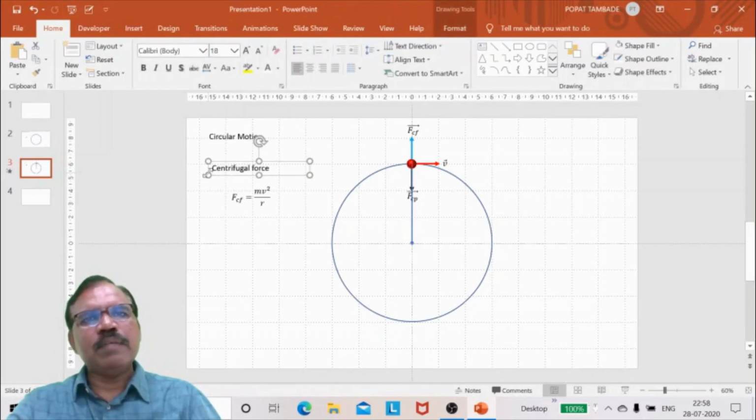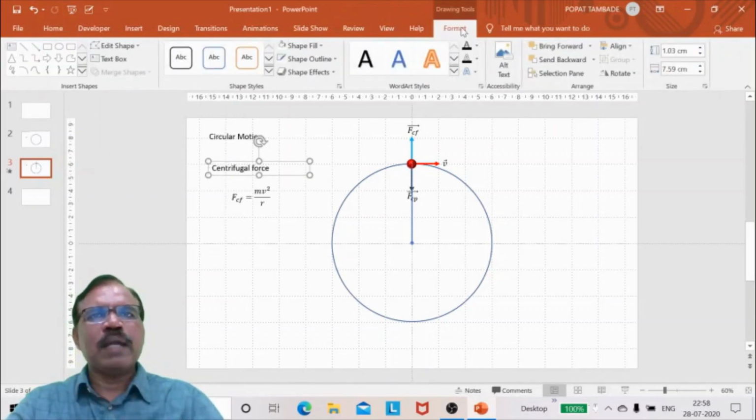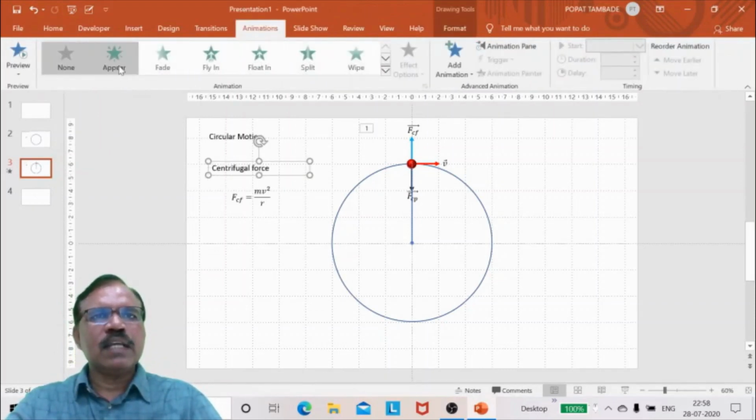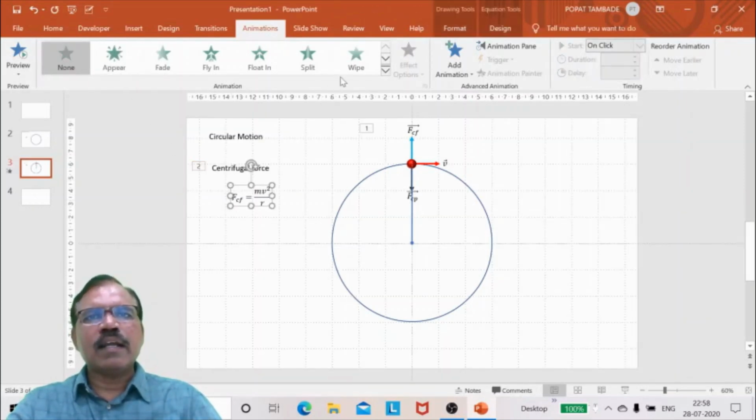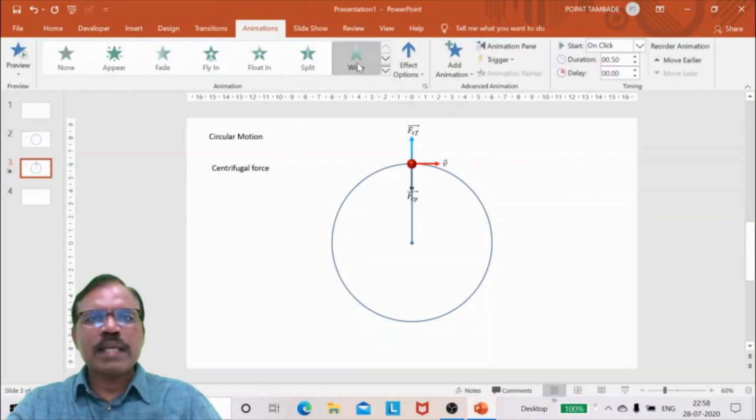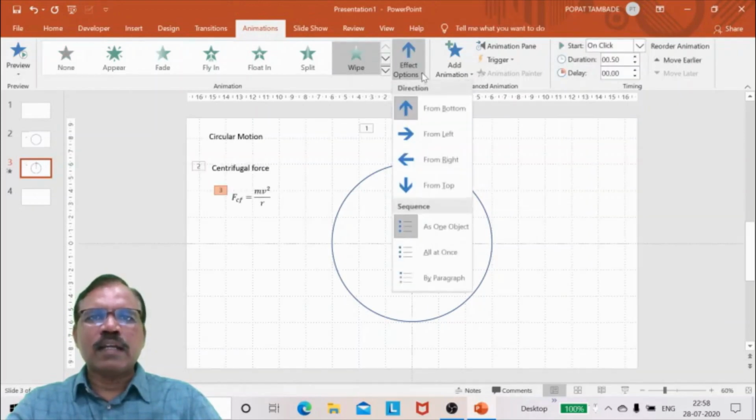I can give animation to this also. So format, so go in animations. I can take, suppose, appear for this. I can take animation Wipe for this and direction of that as from left to right.